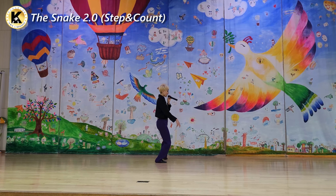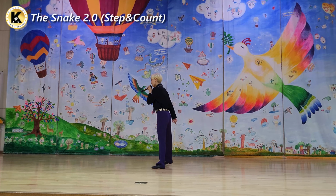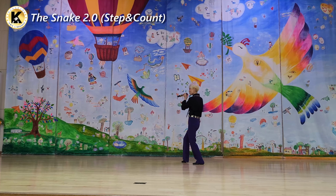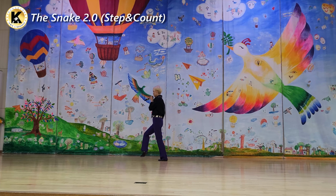스텝 3의 사이드 big and cross 스텝 side sailor step step and hitch cross side 12, step step hitch cross